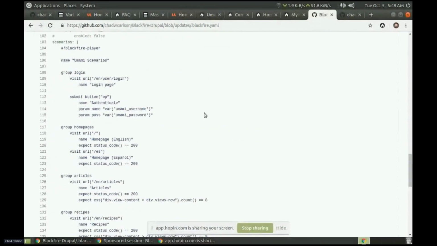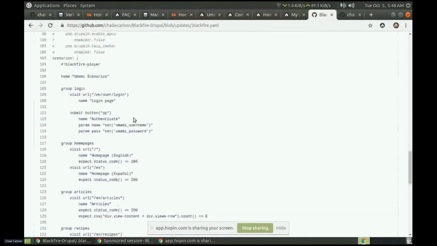It also allows us to define, as part of our builds, a set of scenarios. So in this case, I can pull from variables defined inside my Blackfire environments a test user inside my Umami installation and make sure not just that all of these recommendations that I've pulled out at the outset are enforced and not overridden or exceeded, but I can also say I want to make sure that I get the status codes that I expect in each of these paths of my Drupal site right off